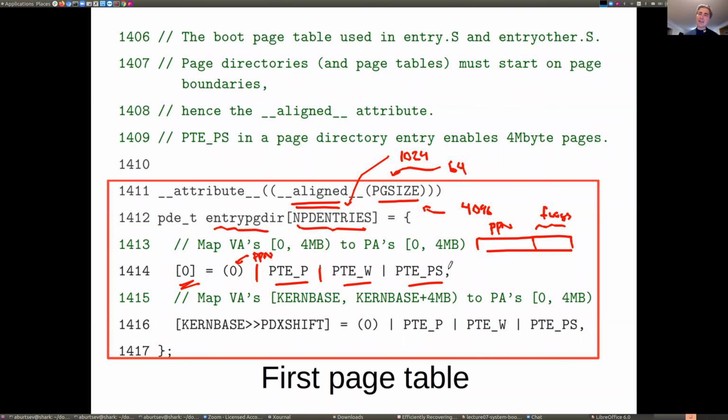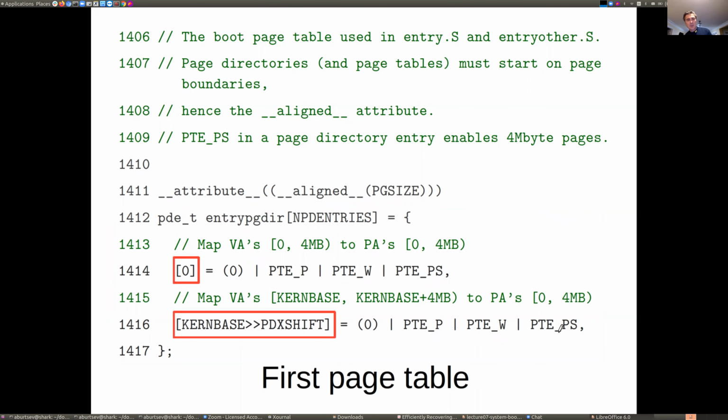Don't look into the next level of a page table. The next entry will be the page itself. And the second entry is this 512 entry, which we just talked about. Again, since it maps to physical address 0, physical page number 0 will be here, present, writable, and size, to make sure that we're going through a 4 megabyte page. Okay, got it. So we did it. Define the page table